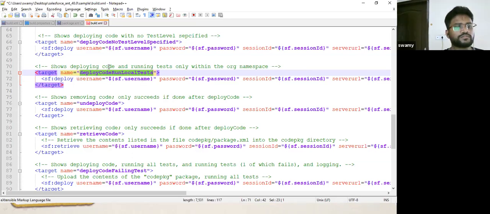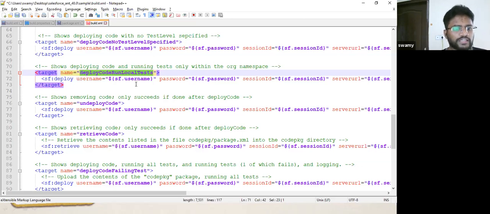So you can just click on this deploy code run local test. It will run all the local test classes. Let me remind you, local means all the unmanaged package classes that you have created for your org. Suppose you are also using managed packages, suppose Conga or anything like that.